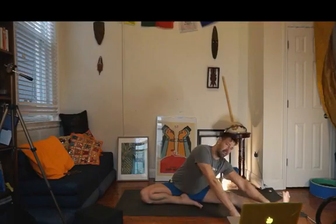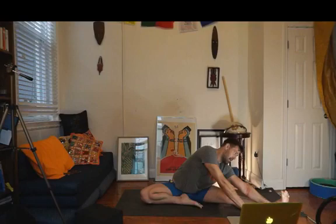So let's bring the left leg in, put the left heel right next to the left groin crease, and take this right leg out to the side. We'll come forward between the legs a little bit, and then we're going to walk those arms over towards the right leg, side bending a bit. And then if it feels good, you can turn this right palm up and catch your foot, and bring your left arm up and